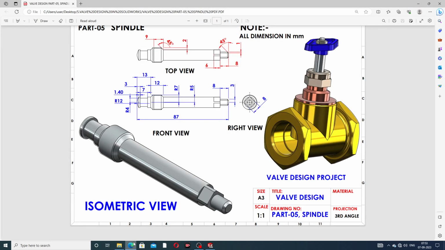So 1.4 millimeter is perfect, and this is 3, and this use a 7 millimeter is this to this,